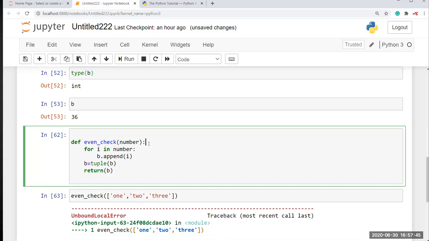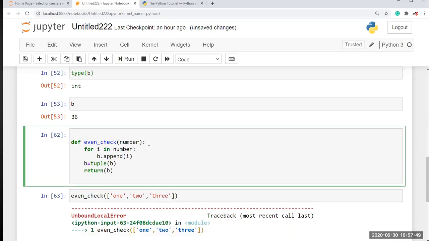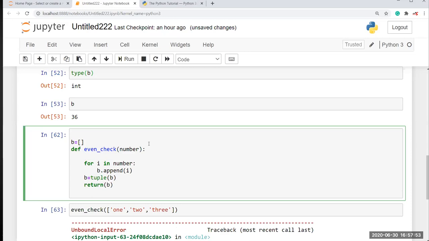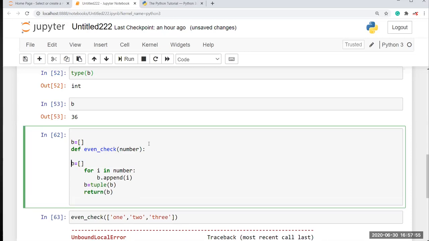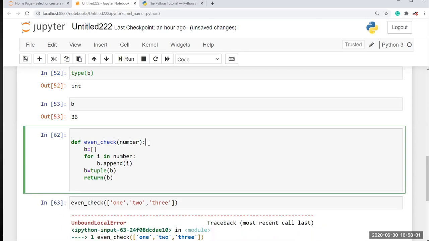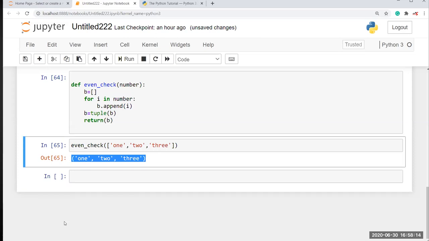So I am going to declare B here, because B was declared inside the function. Okay, I'm going to run this. I will check this. So it prints 1 2 3 in tuple form, right? You can see here, 1 2 3 in tuple form.